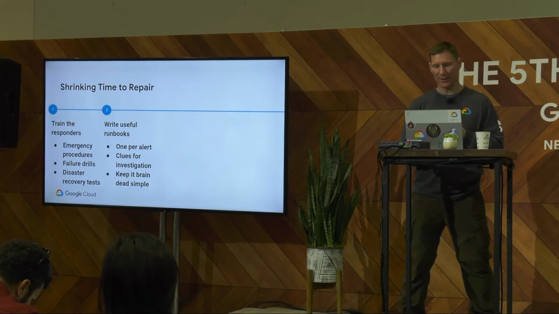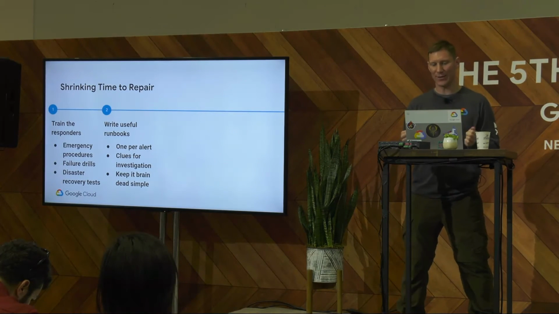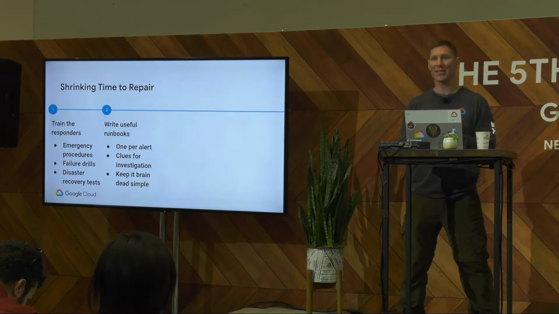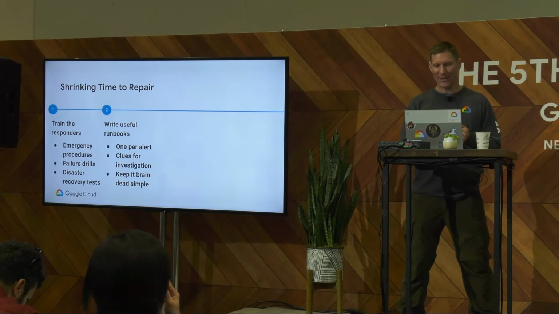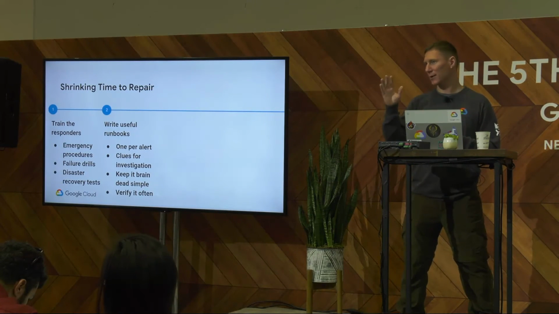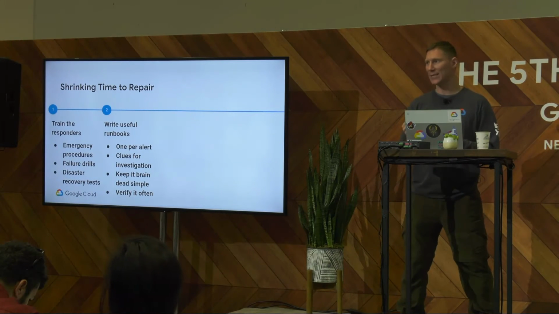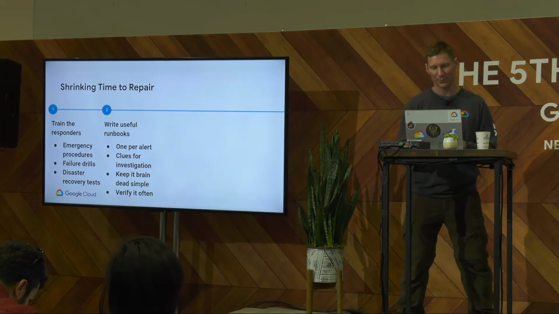Now, something I see a lot is someone writes a runbook, but then nobody else can understand it. Don't do this. When you write a runbook, even if you think you're just writing it for yourself, keep it brain dead simple. Write it for a version of yourself that just got back from vacation and has completely forgotten how to do everything. This is actually a good opportunity for a failure drill. Give an alert for the runbook to a volunteer and see if they can follow it. Is there anything that they needed to do that wasn't in the runbook? Add it to the runbook. It's just way too easy to forget simple basic steps in the stress of an outage.